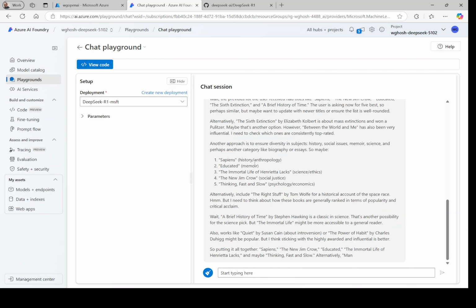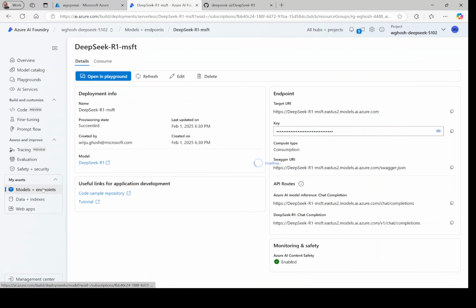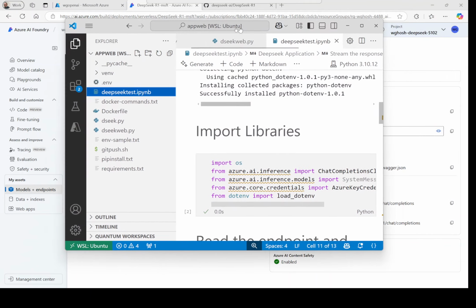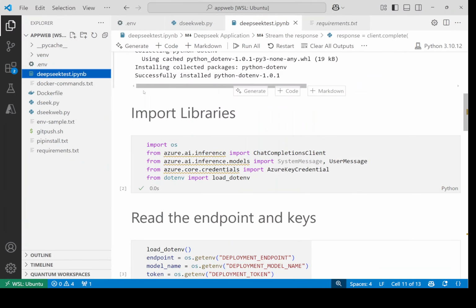All right. Now what I'm going to do, I have this thing. I will go to the model and endpoint. I need to use this URL. That's my API endpoint. And then I need to use this key for connecting from my application. And then I need this name, that is the model name, 3 things. So I go into, let's say, one of my Visual Studio, and I'll show you how this can be written. So there's a sample